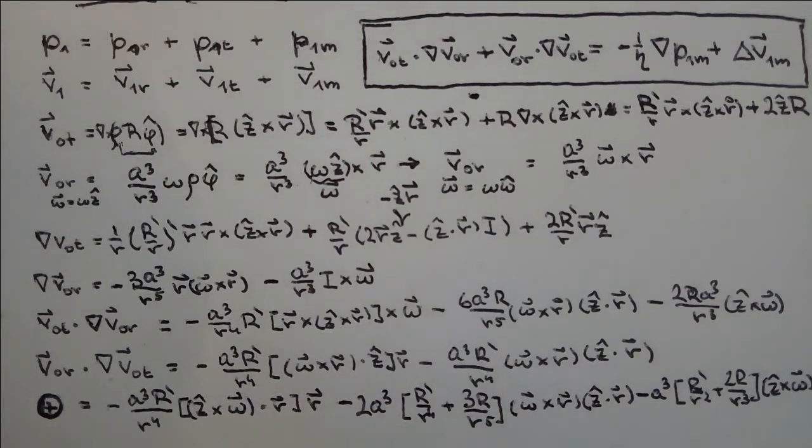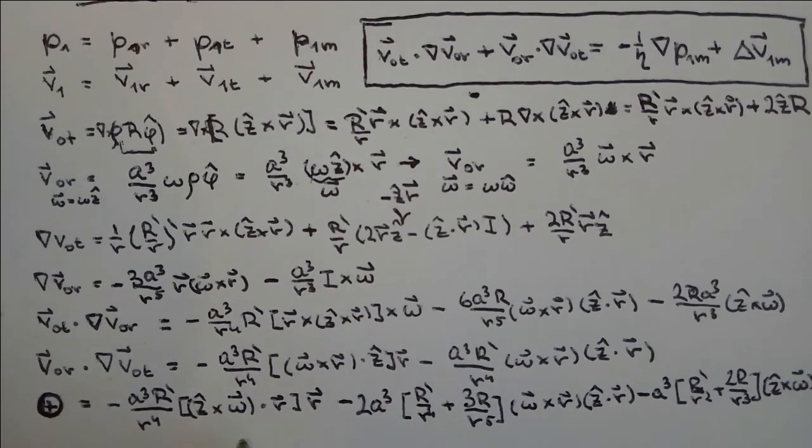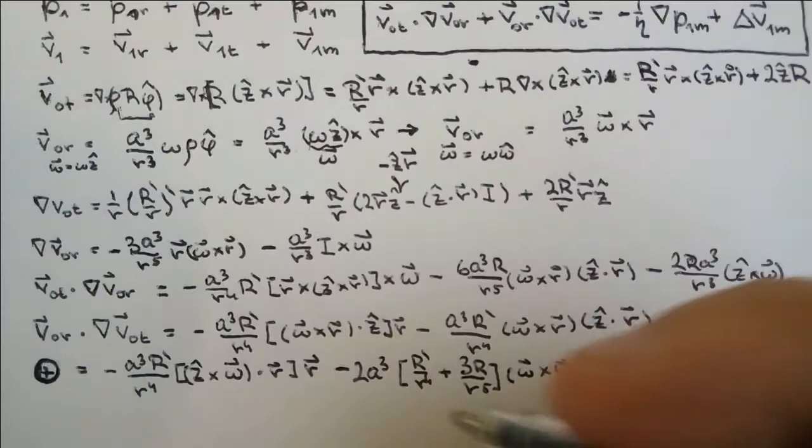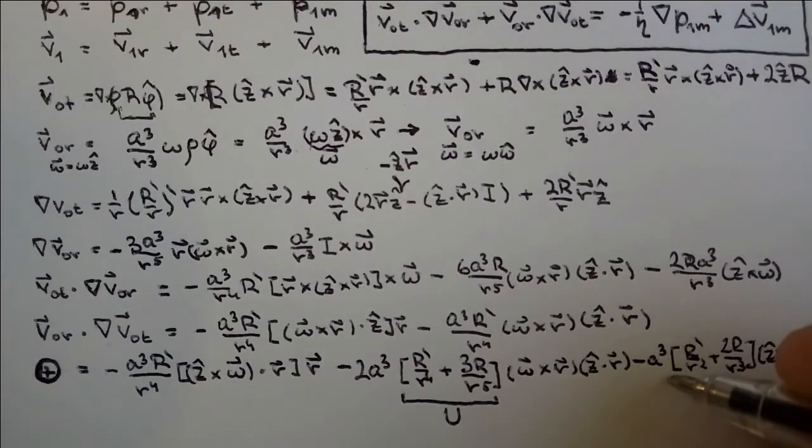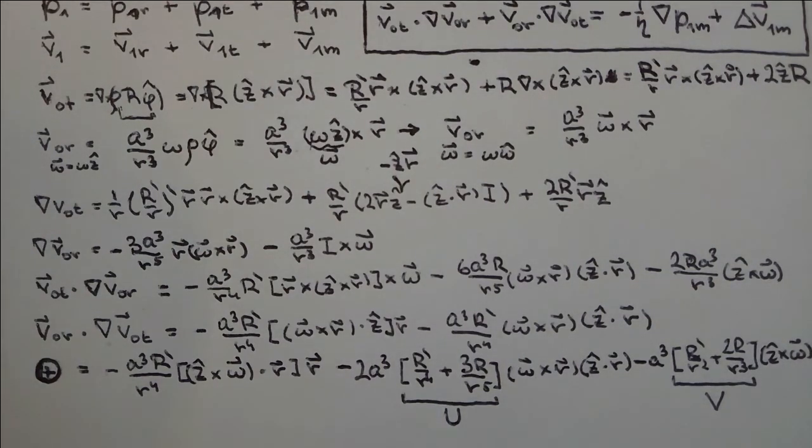Vector identity of vector products. I will denote this term as u. This is only a function of r, and this part as v. This part as a capital V function. And then if you take the curl,